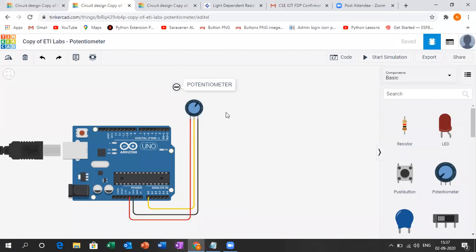Yes, sir. So the next experiment is a potentiometer. So basically, it is a variable resistor. Its value of resistance increases or decreases as we slide this rotor from anti-clockwise to clockwise or clockwise to anti-clockwise. So a variable resistor performs changing the resistance as we rotate this slider. So this is the basic working principle of potentiometer. By changing the resistance, we can use it as a voltage divider.